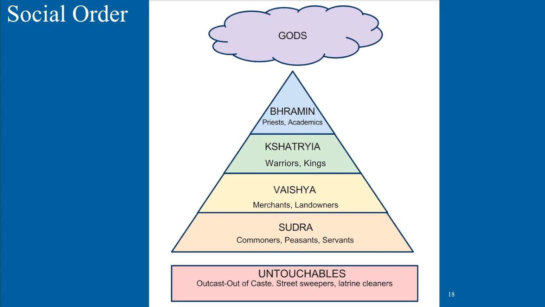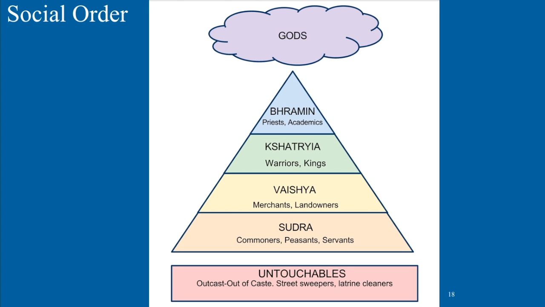But they're above. They're in charge, right? And then we have at the top what are known as Brahmin. Those are priests and academics. The Brahmin were seen as valuable and structured in society to be at the top because they were the ones who connected us to the gods. If we didn't know what the gods wanted, we would be in trouble. So we need these priests and smart people to help us along to understand what the gods want because they're the ones ultimately in charge.